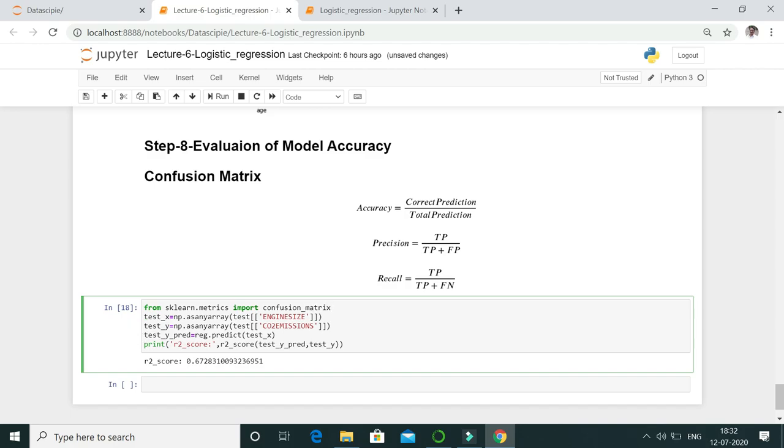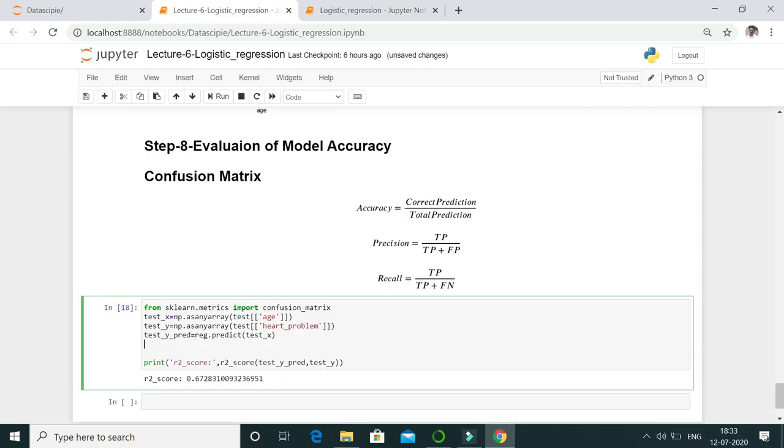Next we would create our test dataset in array format. So replace engine size with age and CO2 emission with heart problem.